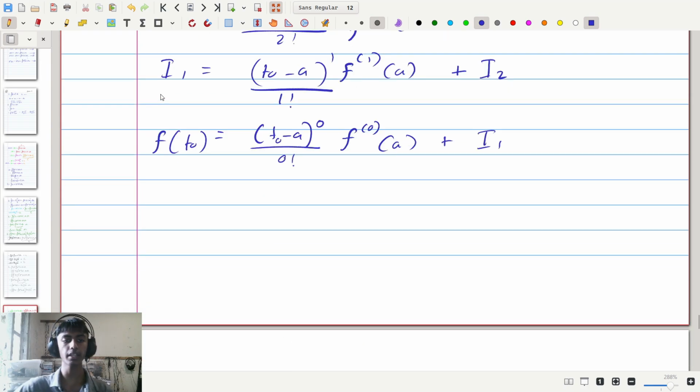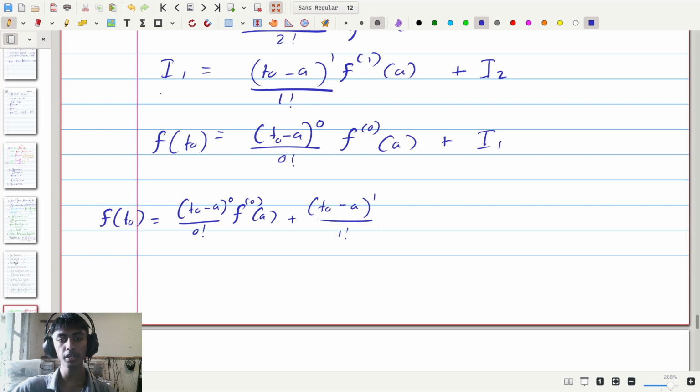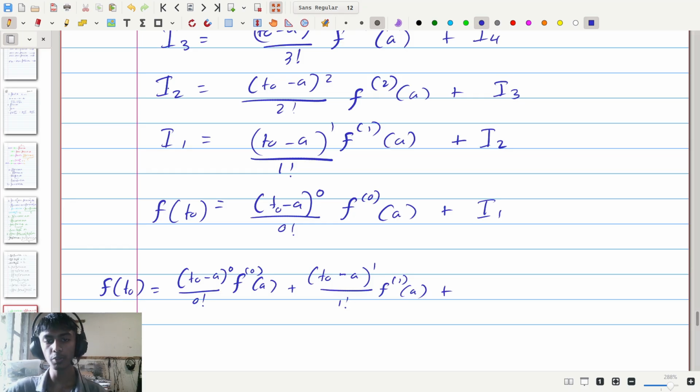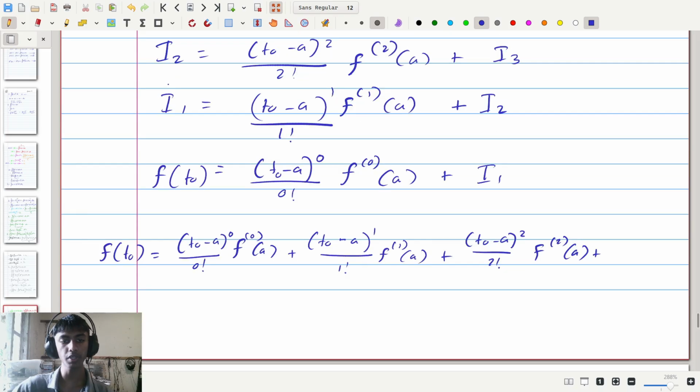Merging all of these together, we can get that f evaluated at t0 is (t0 minus a)^0 over 0 factorial multiplied by f0, as in the original function, the 0th derivative, evaluated at a, plus I1, which is (t0 minus a)^1 over 1 factorial times f1 of a, plus I2, which itself is going to be (t0 minus a) squared over 2 factorial times f2 of a, plus I3, which itself is also going to be (t0 minus a) cubed divided by 3 factorial times f third of a,